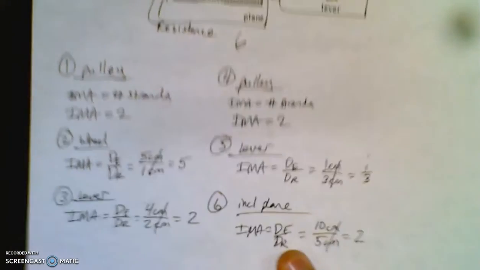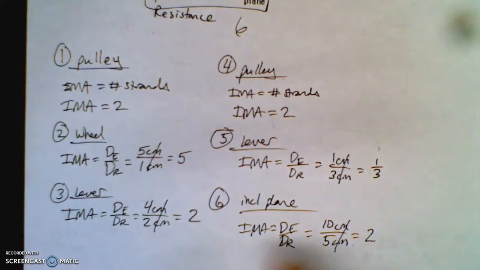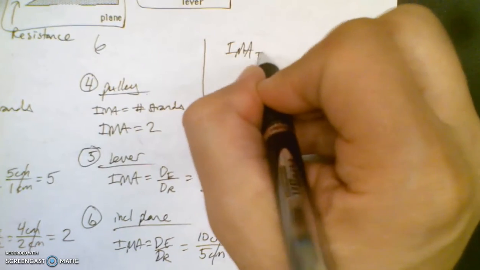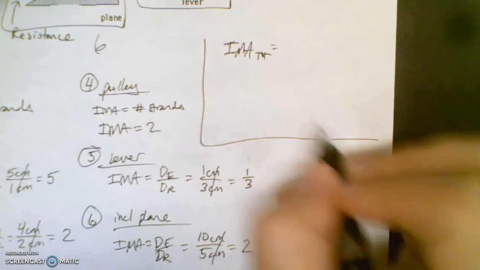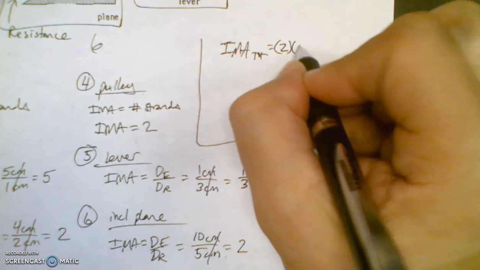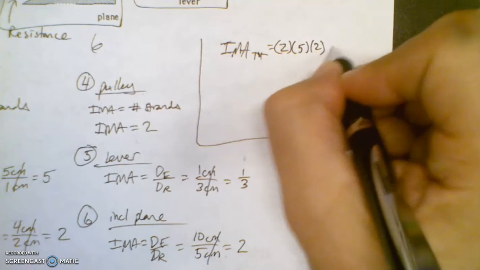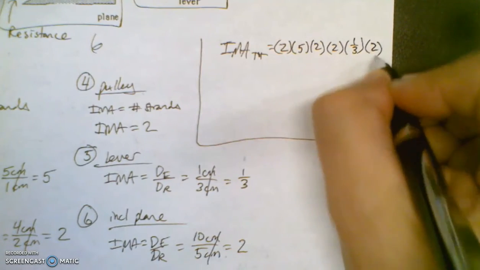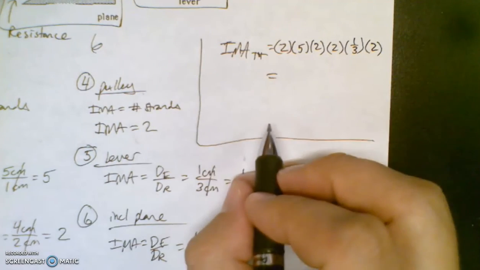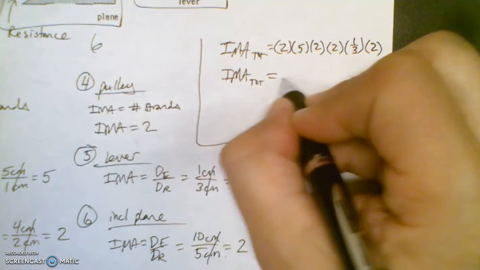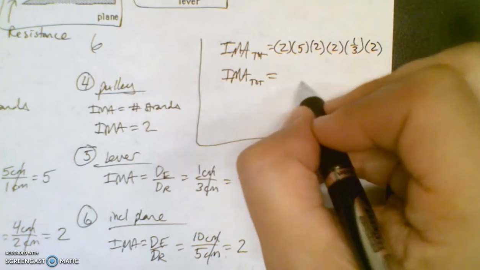So now I have all my individual parts. See how it's organized and beautiful. So when I go over here to find my total IMA, IMA total, you're just going to multiply all those together. 2 times 5 times 2 times 2 times 1/3 times 2. None of them have units because they're all IMAs themselves. Right? And I multiply all that together and I get